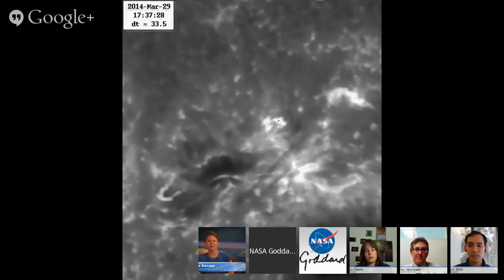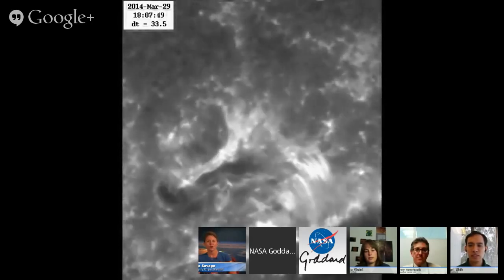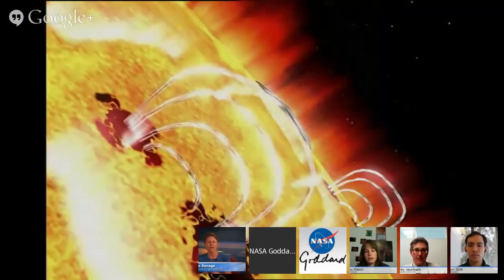So if you're able to see the movie, that shows how the field is evolving above the solar surface, and those dark regions are actually the sunspots. And if we have the magnetogram picture to show. Okay. Anyways, so where we have those sunspots, we have different polarities where, like I said, the magnetic field comes